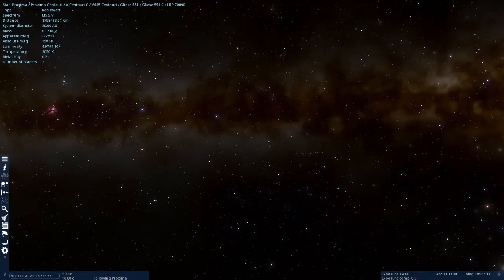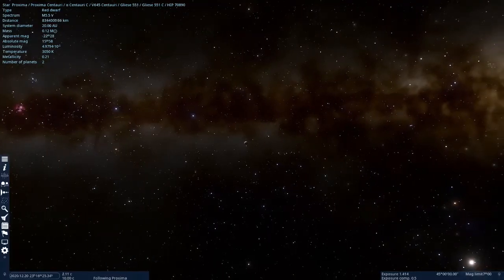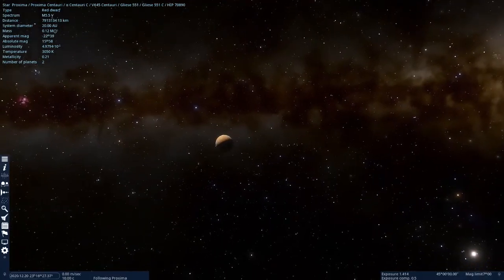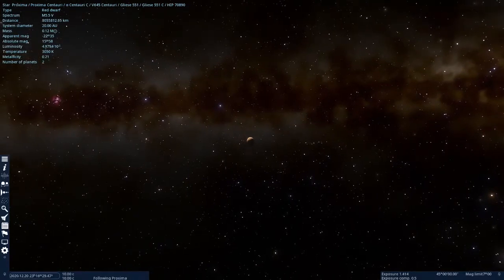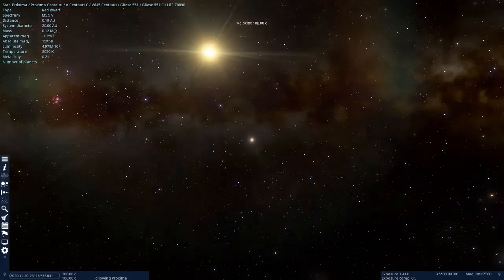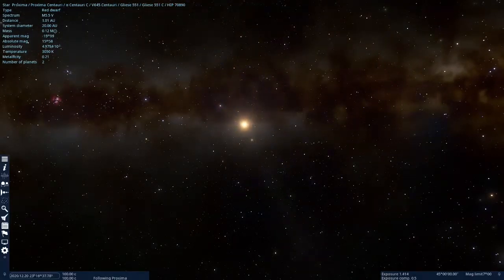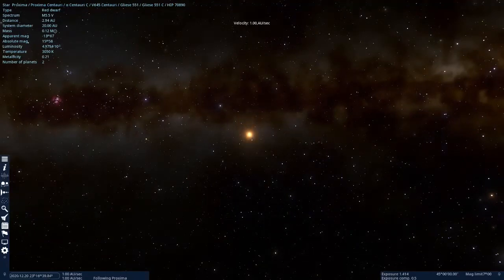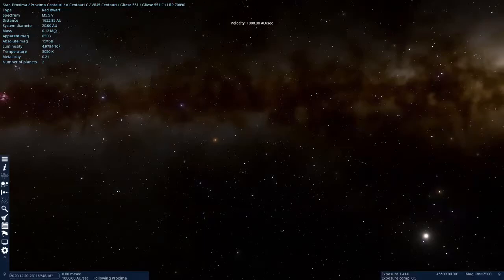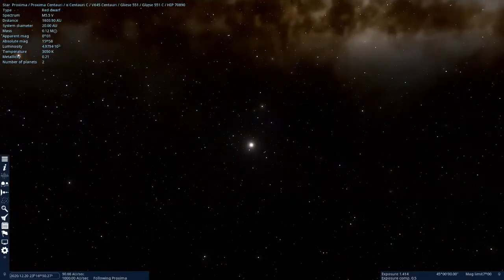See if I can approach this. Or maybe it's a planet. That's a planet. So it is a multiple star system, but they're not that tightly bound. So if we get far enough away, Alpha should show up here. Yeah, that's it down there, I'm sure.